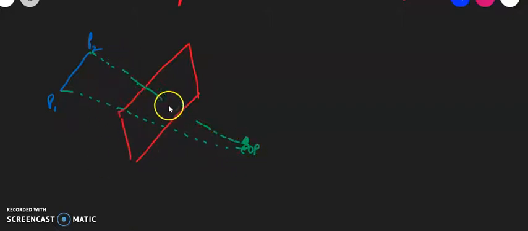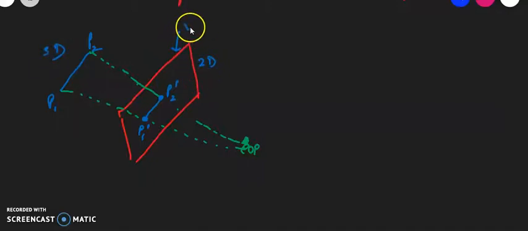Right? So wherever they meet, that is your center of projection because they are converging to a point. And wherever they intersect on my view plane, that becomes my final output. So what's my final output? Wherever it is converging, wherever it is intersecting. So this is P1 dash and this is P2 dash. Okay, so this is your 3D line and this is your 2D image for it.